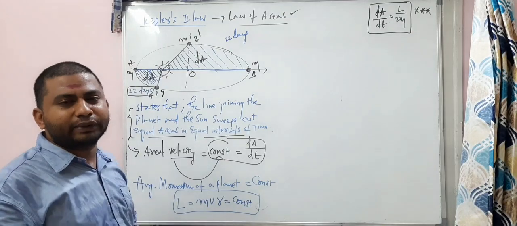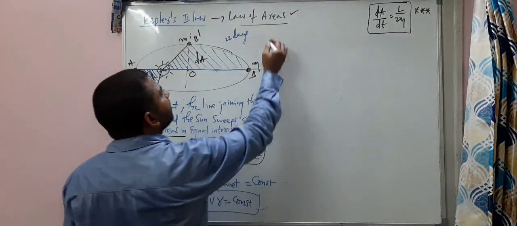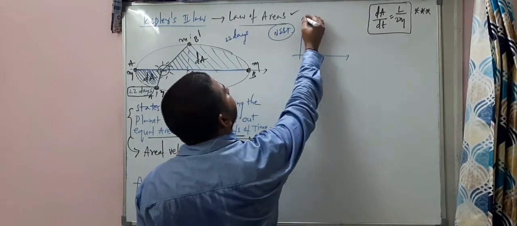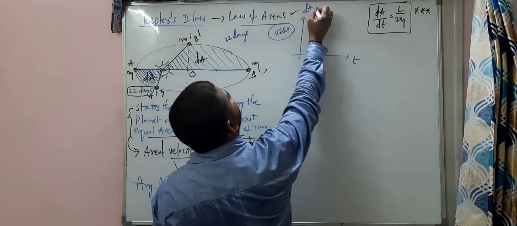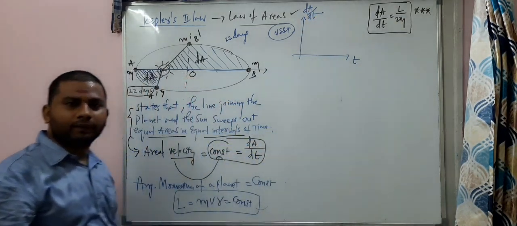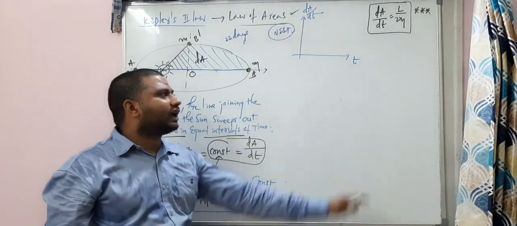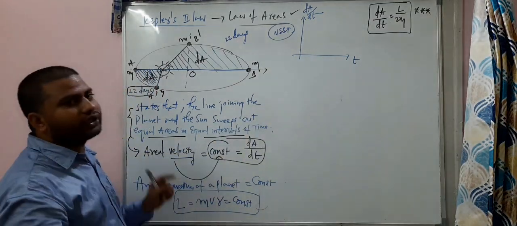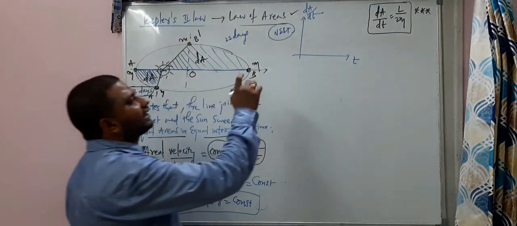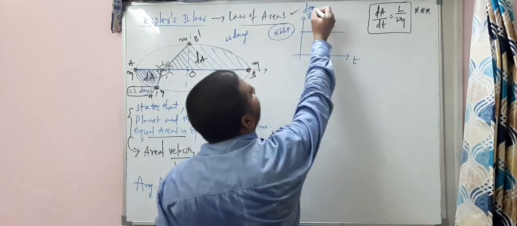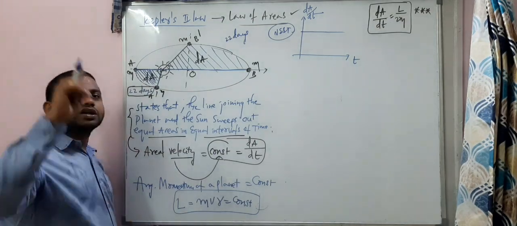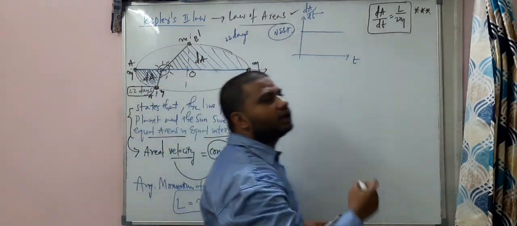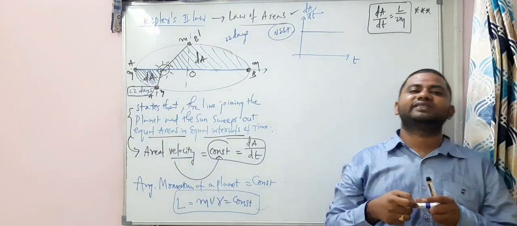And in one of the NEET exams, the question asked is like this. Which among the following graphs is the correct representation? Y-axis is dA by dt, x-axis is t, for a planet which is revolving around the sun. Here the correct representation is one and only thing: dA by dt is constant for a planet revolving around the sun. It is independent of the time here.